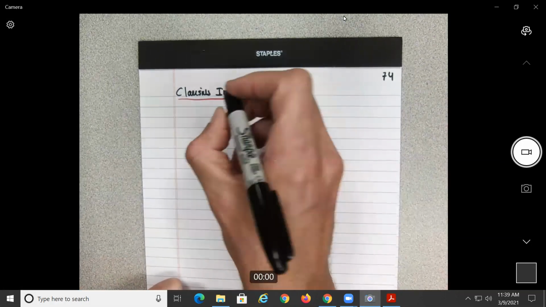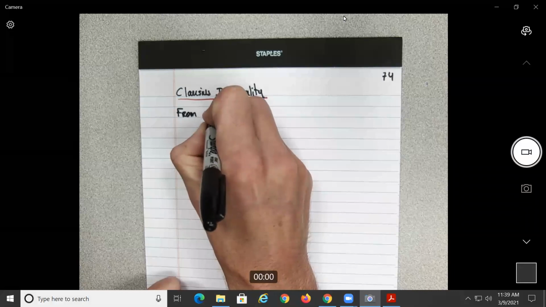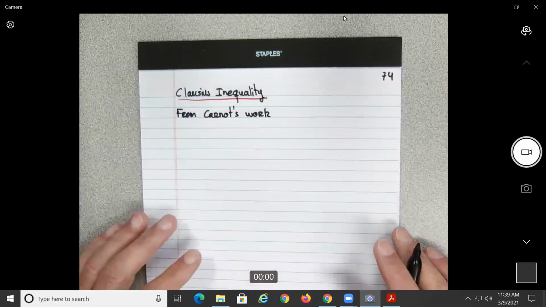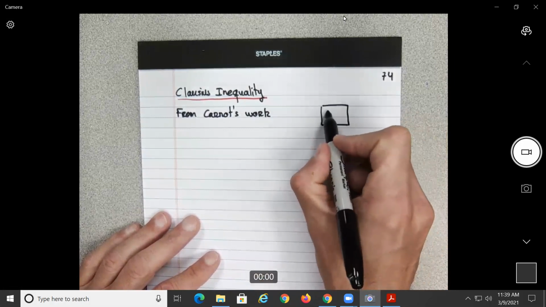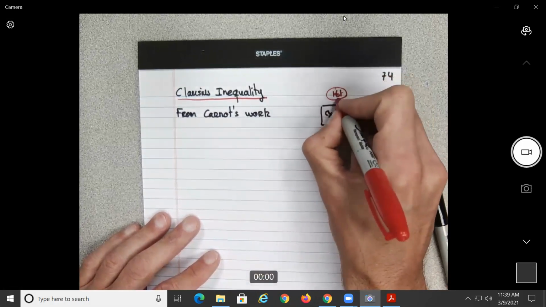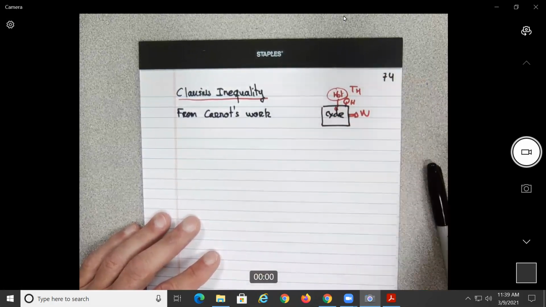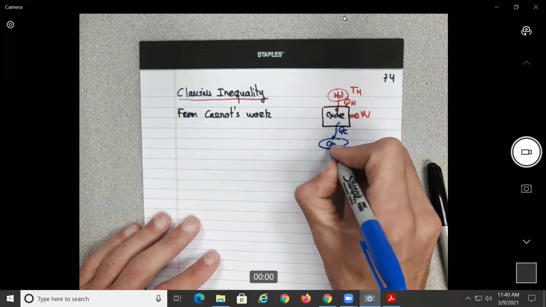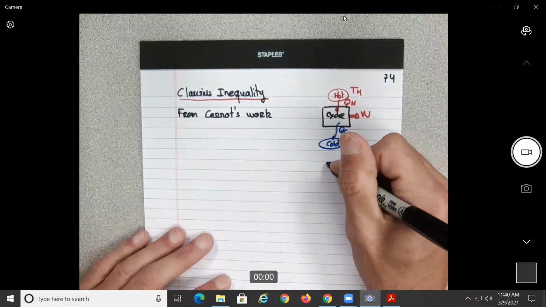So Clausius, what he did is that from Carnot's work, so basically what did Carnot do? We just said that if you have a cycle or process that is operating between two temperature reservoirs, okay? So for the Carnot cycle,